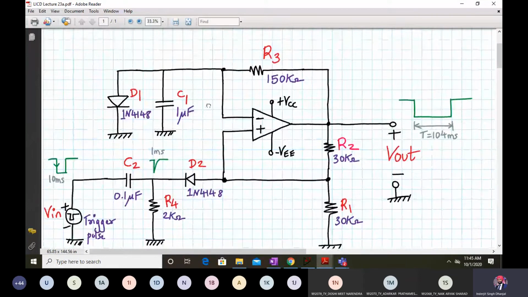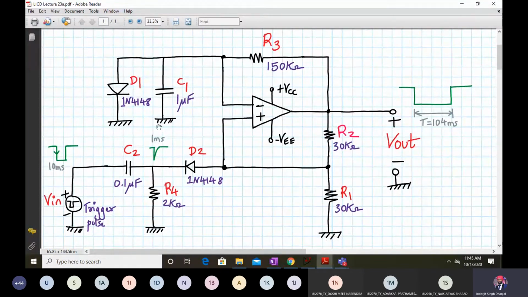Basically, you apply a negative trigger pulse, you get a negative spike. This pulse is of 10 millisecond duration. This spike will be of 1 millisecond duration. And at the final output, you will get a pulse of a certain period. We have given all the numerical values over here. You can take a print screen or note down this diagram. We will be solving this now, and after 5 minutes, we will see how the circuit works. That will be our only objective today.